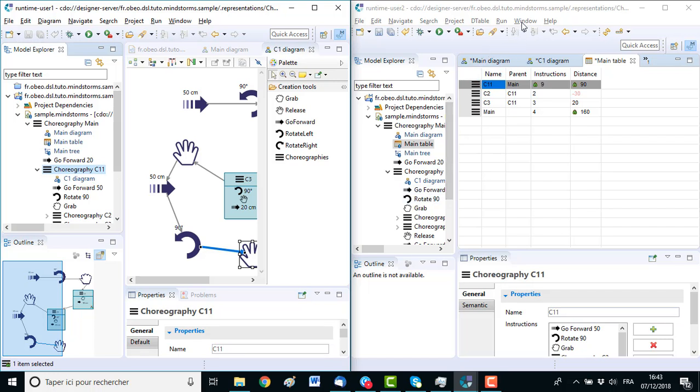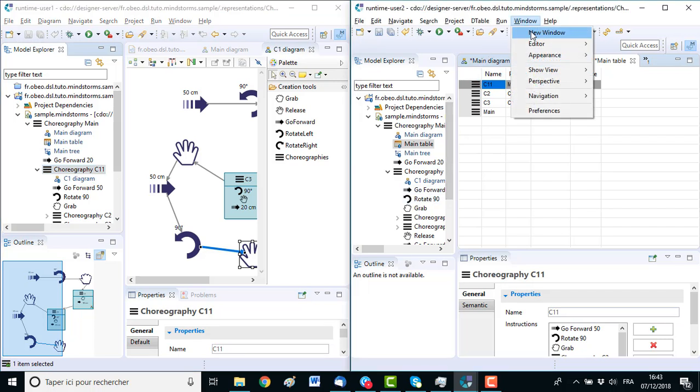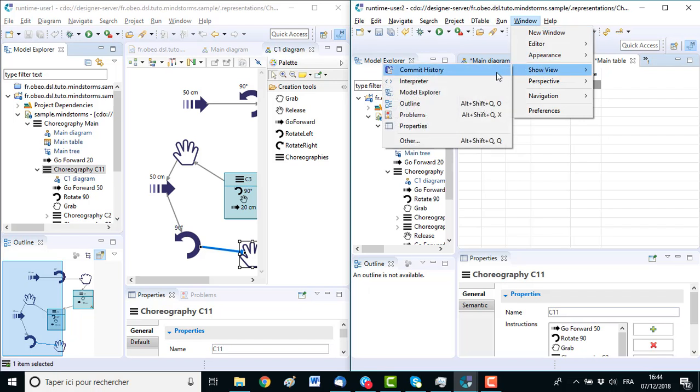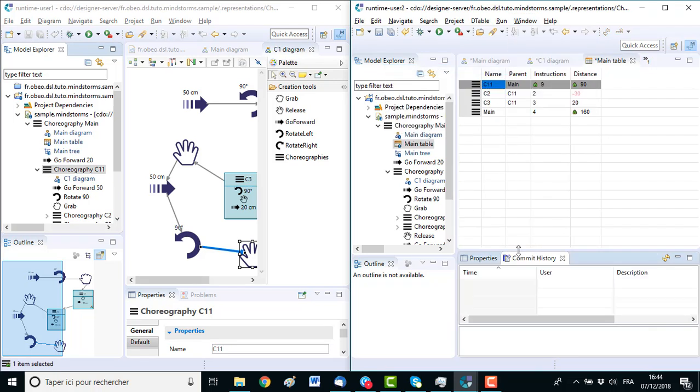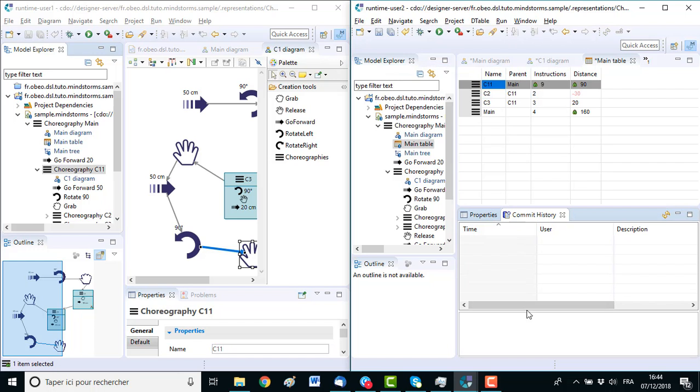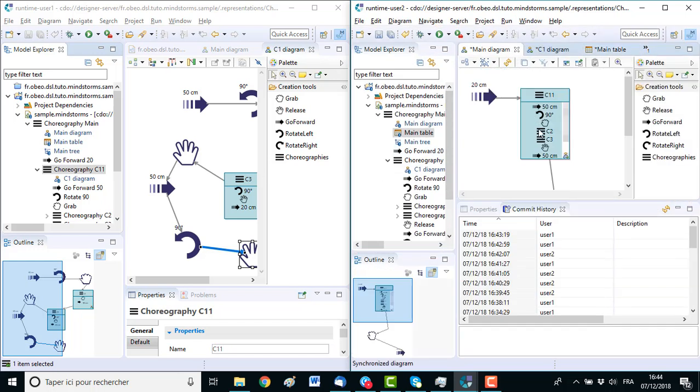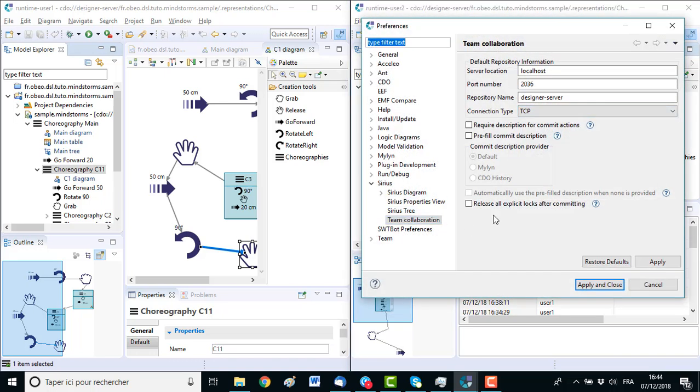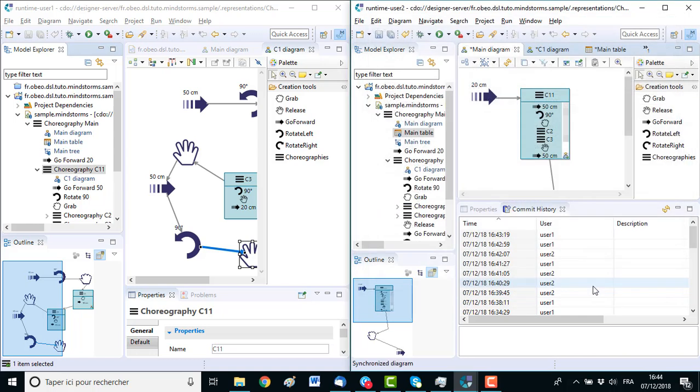OBEO Designer Team also provides a window, a commit history provided by CDO, where we can see all the modifications performed by all the users. And you can also enter a description. You just have to modify the preference, require description for commit actions.